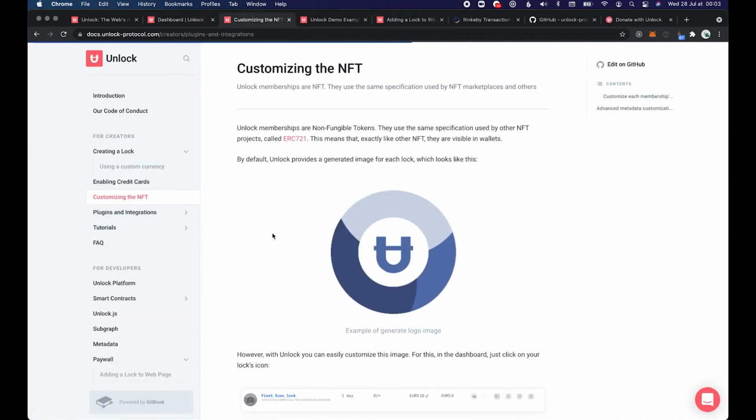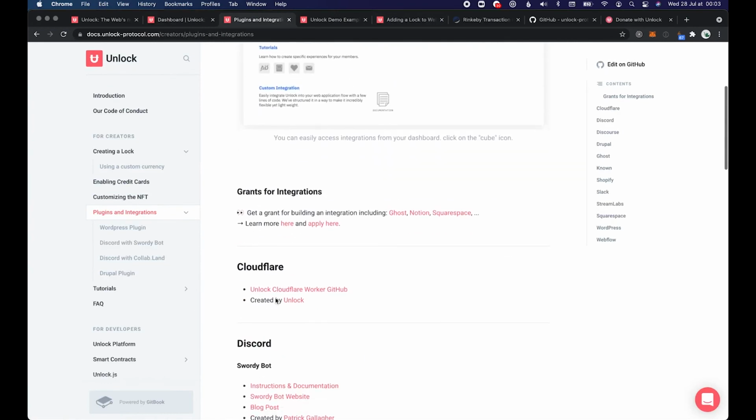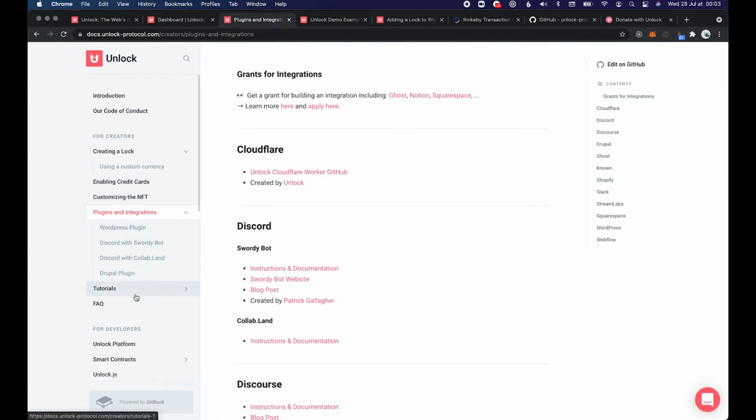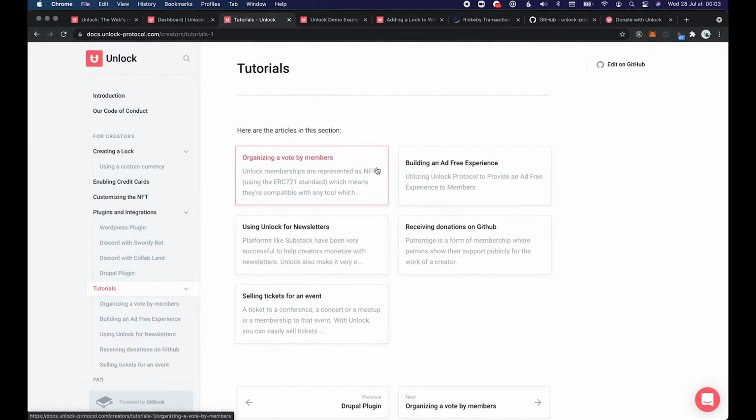We have a bunch of tutorials for creators on how to integrate into several applications, WordPress, as I mentioned earlier, as well as tutorials on creating interesting things. One of the cool ones that was just created by some of our team members is how to organize a